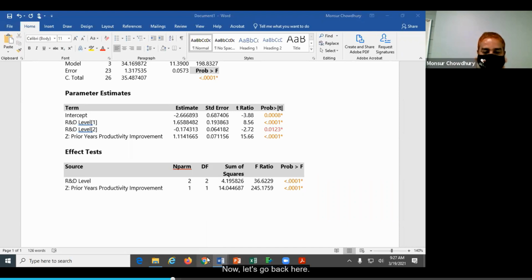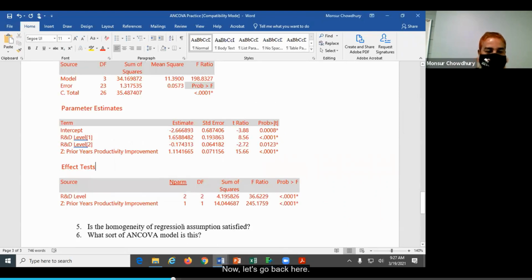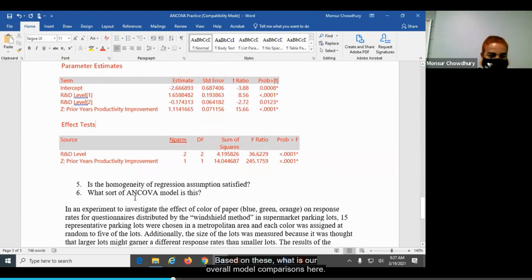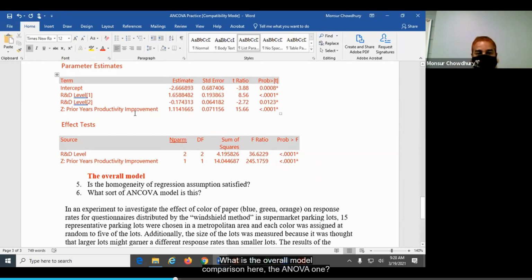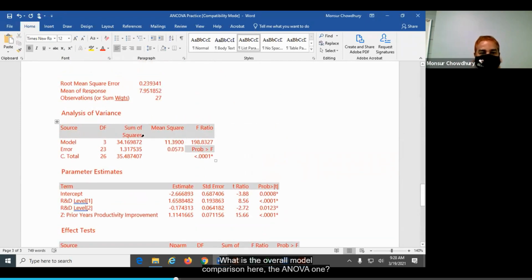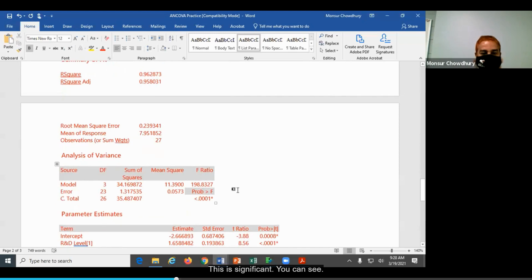Okay, now let's go back here. So based on this, what is our overall model comparison here? We can see that the overall model comparison is significant. What is the overall model comparison here? The ANOVA one. This is significant, you can see.